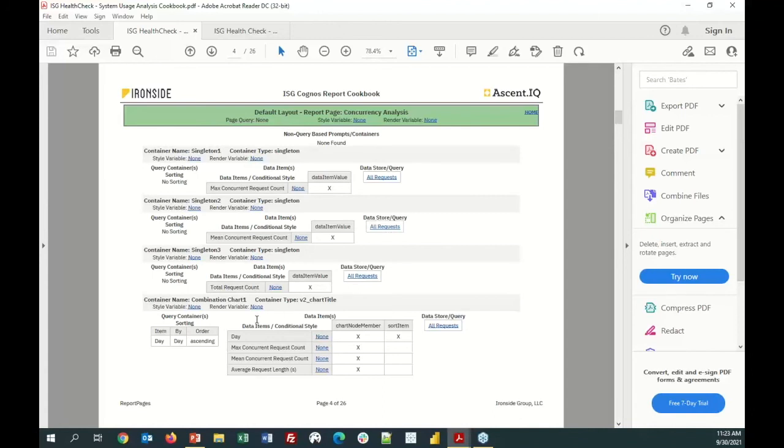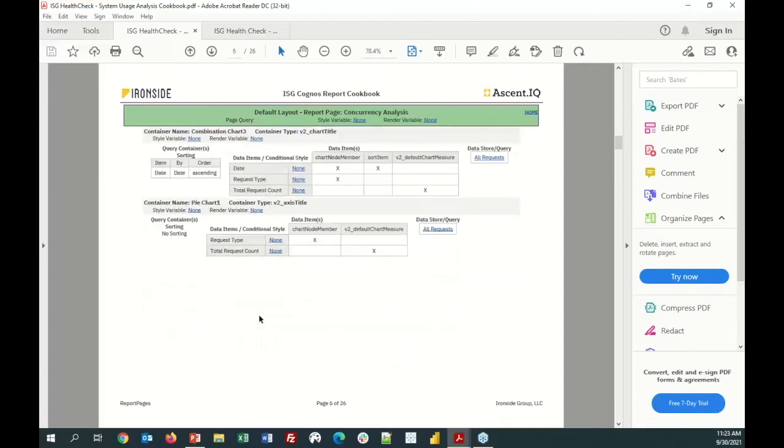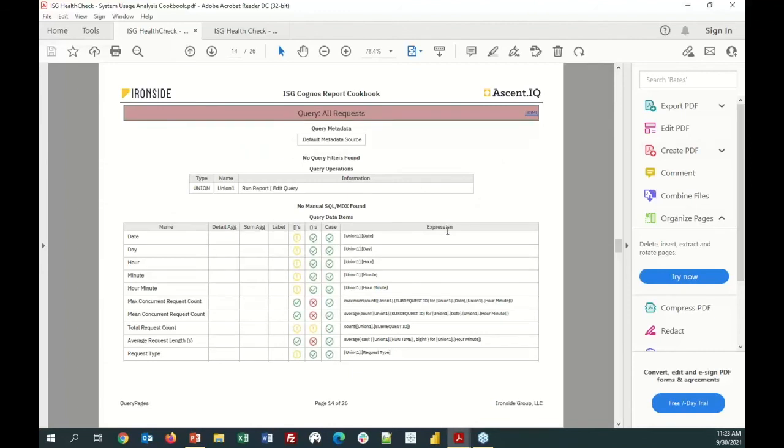We see that there's a combo chart here. If we jump down and look at the pie chart on this report page, we can see that the request type is used for the pie slices, and the total request count is the measure and defines the size of each slice. So if we click on the query related to it, now we can actually see